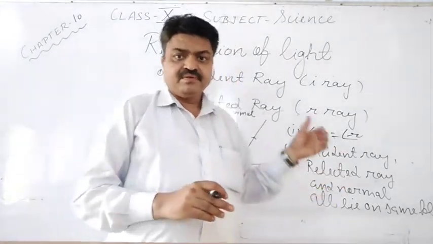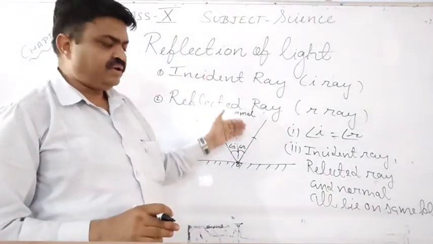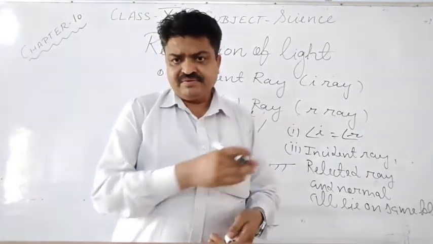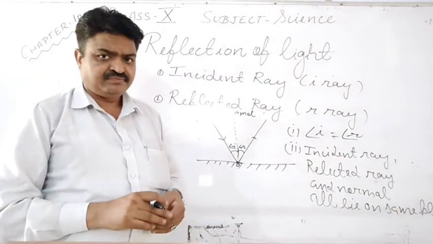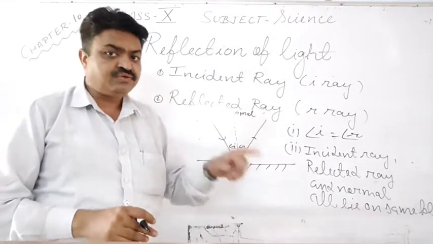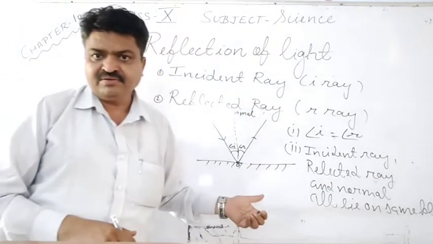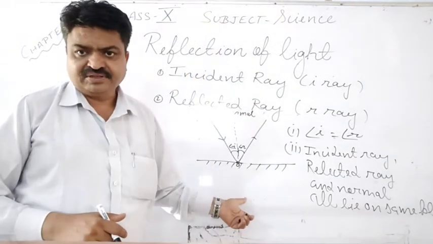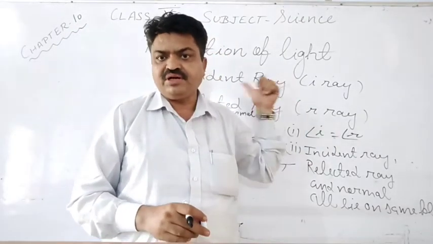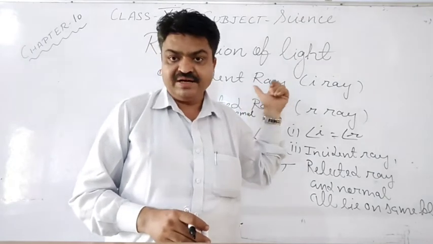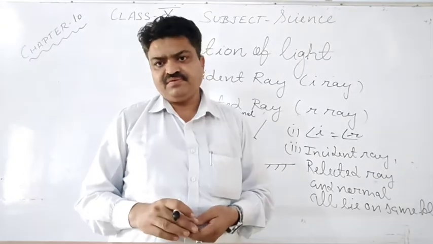Next is the devices that are related to this. Like now I am writing on this whiteboard, and this whiteboard has a shining surface, and that shining surface you are observing due to which phenomenon, student? Here you are observing the shining surface due to the reflection of light. Due to which phenomenon? It is due to the reflection of light.